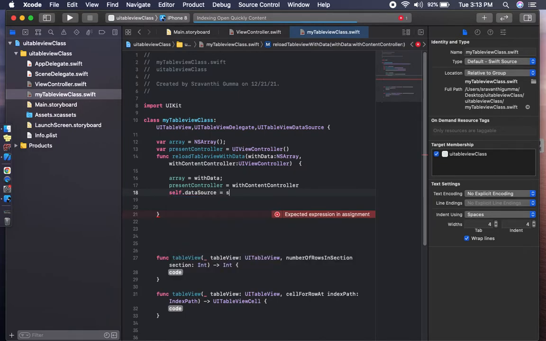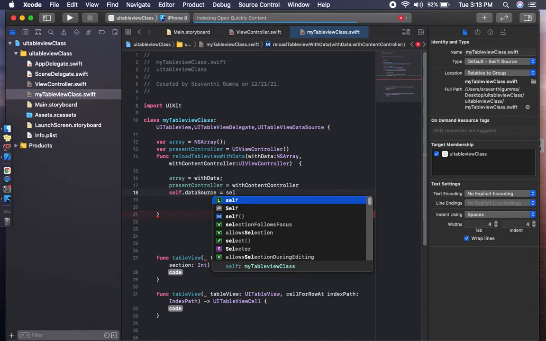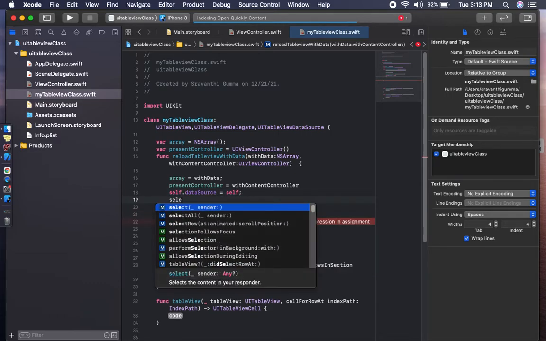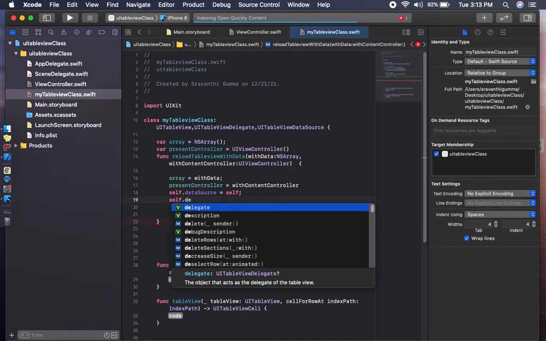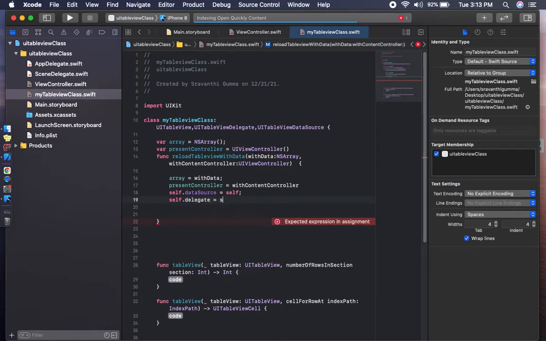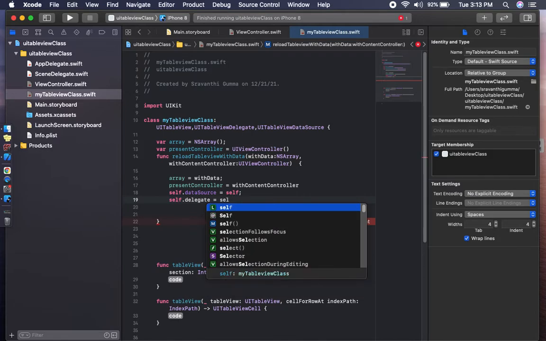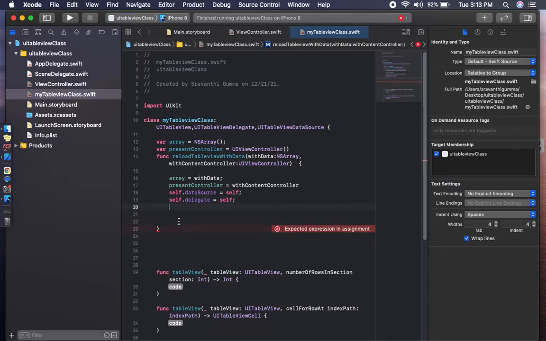Data source equal to self, and delegate method dot, we are calling the delegate methods, and we are reloading the table view in the self class.